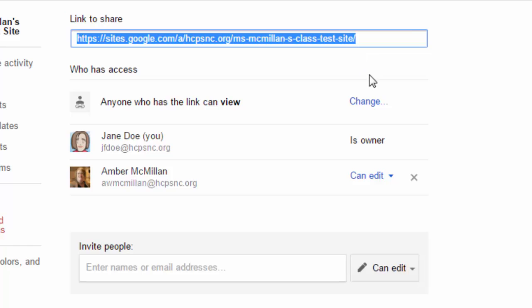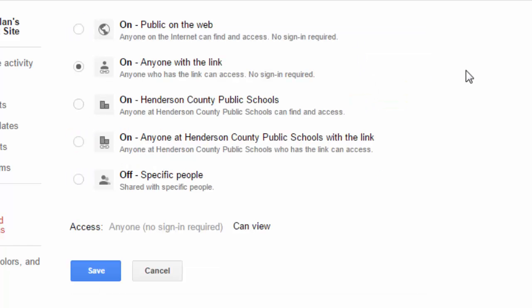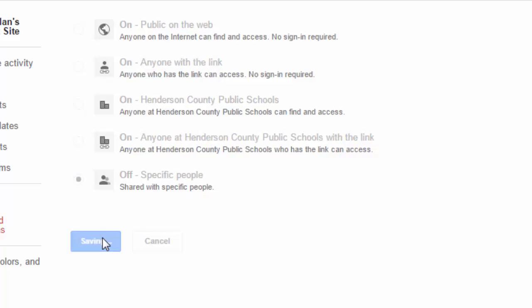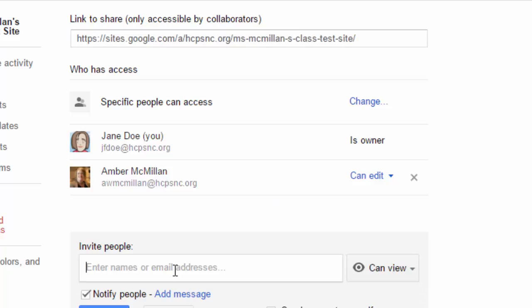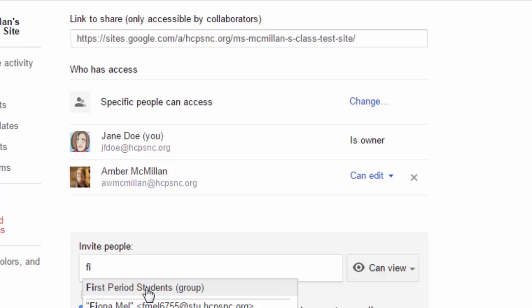Now, for those of you who have decided that you may want to use your Google site in a different way, let's say you want it in a more private way so just your students can access the information on your site, you can also keep it with specific people, and then you can add those specific people. If I want this to only be accessible to a certain group of students, I can either enter the group here. For example, I could say my first period students group, which is a mail list I've made,